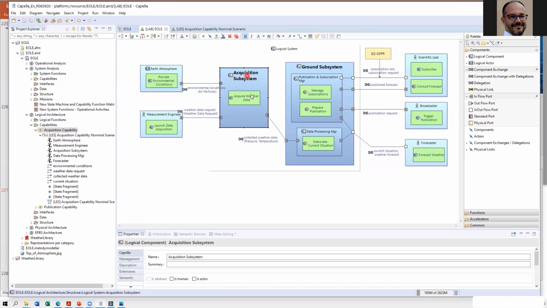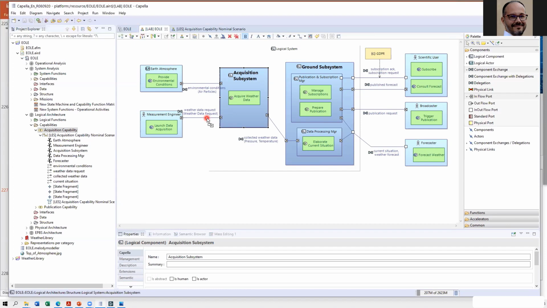I want some acquisition subsystem that acquires weather data, in particular pressure and temperature, and that is able to emit this collected weather data to somebody else and takes as input some weather data request with some timestamp and so on.